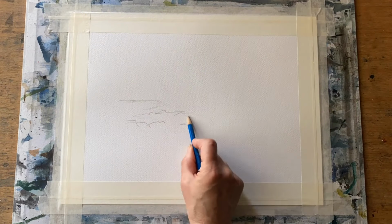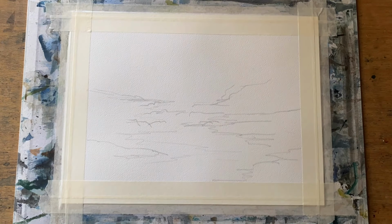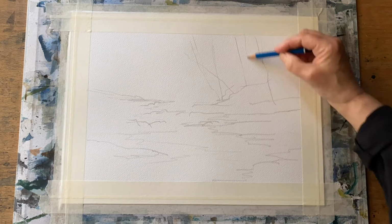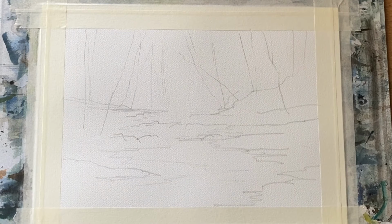The first thing I did, as always, was just to roughly sketch out a scene. This is kind of from my imagination, but what I did is I looked at lots of similar photographs on Pixabay and then made up my own. So I've got a sort of a winding stream with some rocks running into it and some trees outlined in